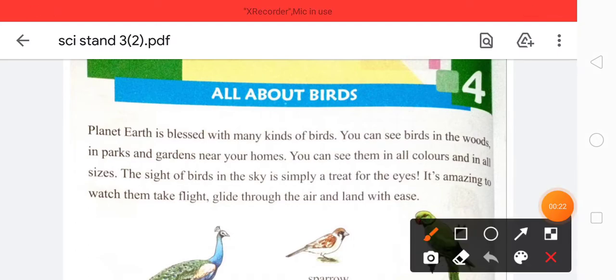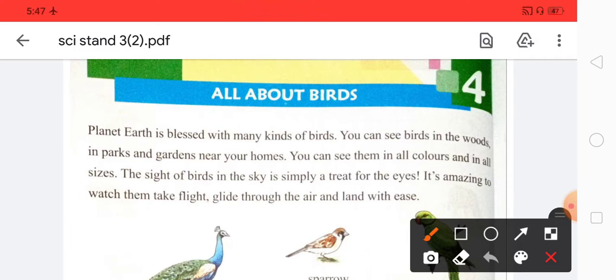Okay, so planet Earth is blessed with many kinds of birds. In the parks, in the gardens, and in the woods, you see many birds, and you can see birds of different colors and sizes. Some birds are in the sky.